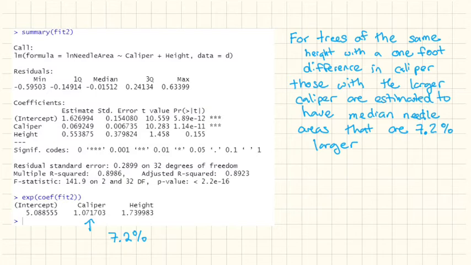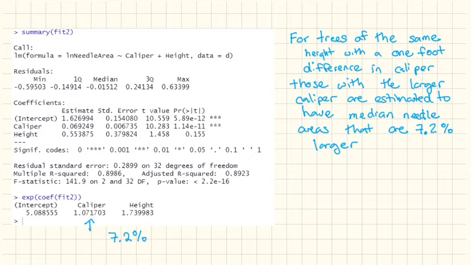It's a lot better if we can interpret it just in terms of regular needle area. So what we do is we exponentiate it, and because of that log transform, this is on a multiplicative scale. Down here I've exponentiated the coefficients, and the one for caliper, you can see,